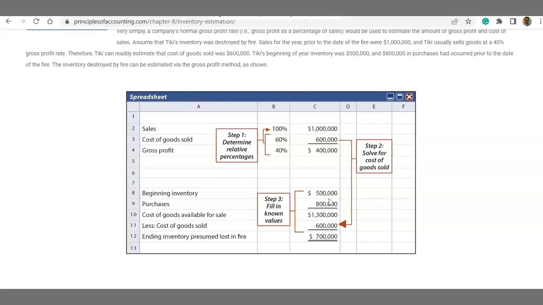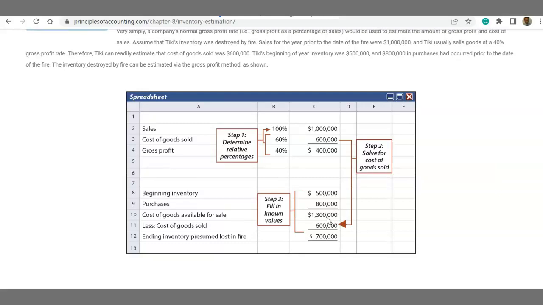And then beginning inventory, you knew that because you did a physical count last year in your business, and you know how much you purchased during the year because those documents are available. So cost of goods available for sale will be easily calculated based on that. However,